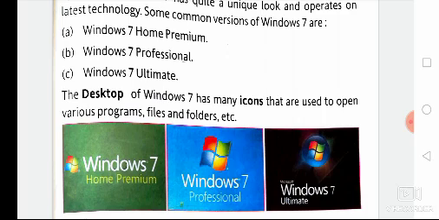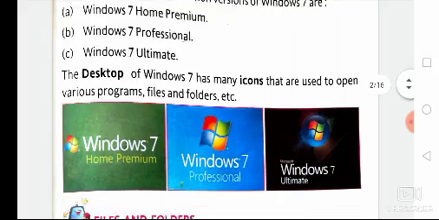What is a file? A file is a collection of data stored on a storage device. And what is a folder? A folder is a place where one or more files are stored. That means a folder is a collection of files.